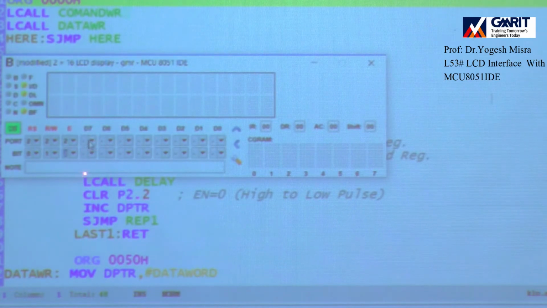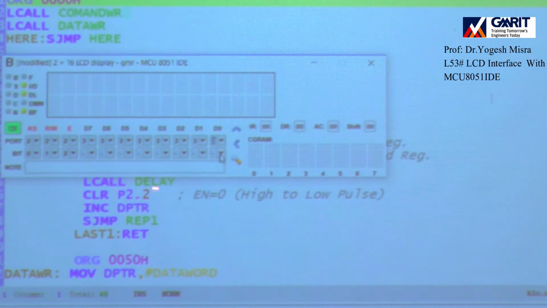So here we will connect. D7, select port 3; D4, port 3; D3 is port 3, D2 is port 3, D1 port 3, and D0 port 3.